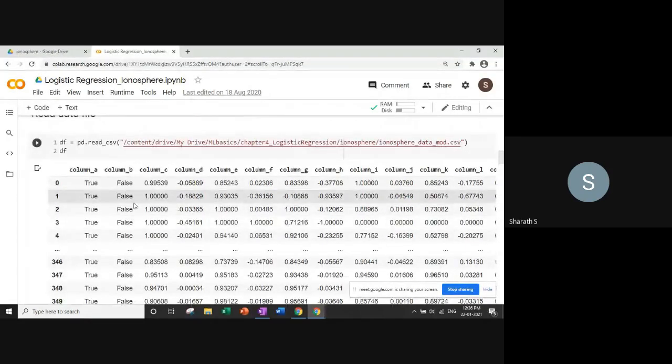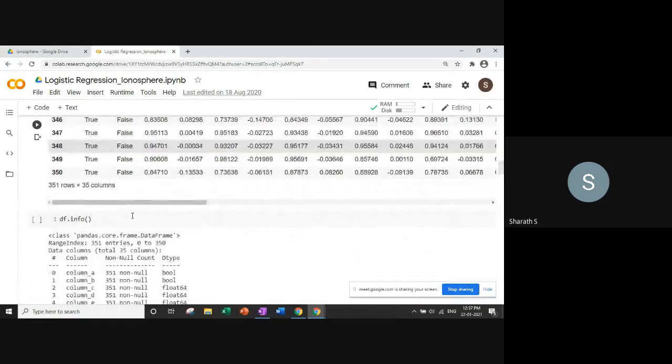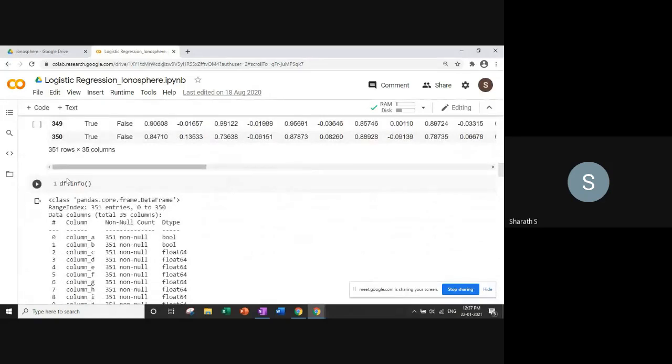But interesting to know, all the X variables are also sort of class variables, true or false. They are not numbers. So this is a special way to address these things. Until now in linear regression, you saw the problems where all the X variables were numeric. But here you have some X variables which are non-numeric, and there should be a way to address them as well. We will talk about it.